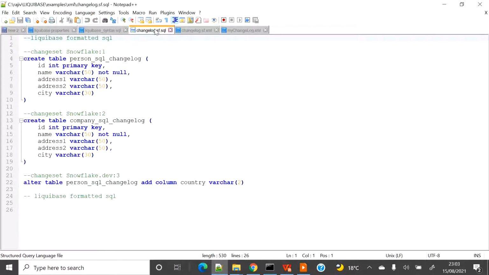So let me show you. This one is in the SQL format. If you have to write the code in the SQL format, you have to use the Liquibase formatted sql header.